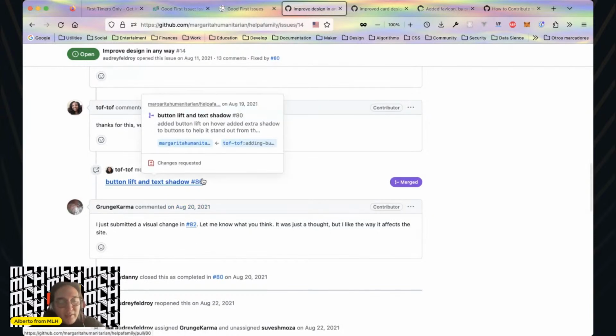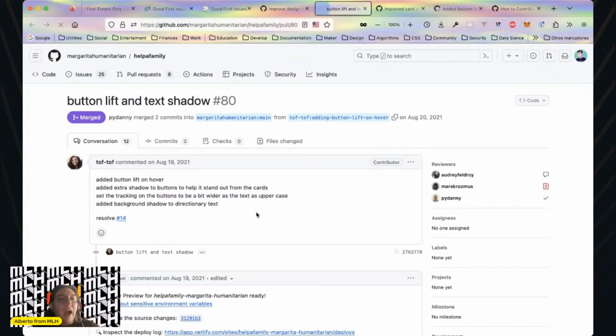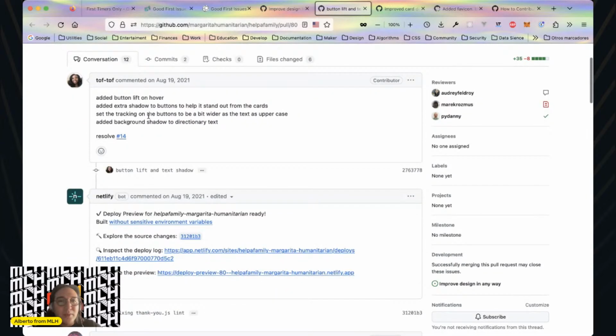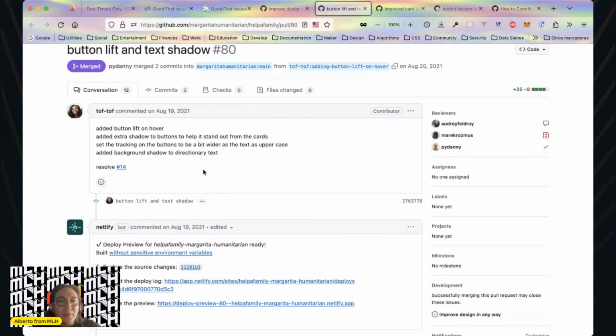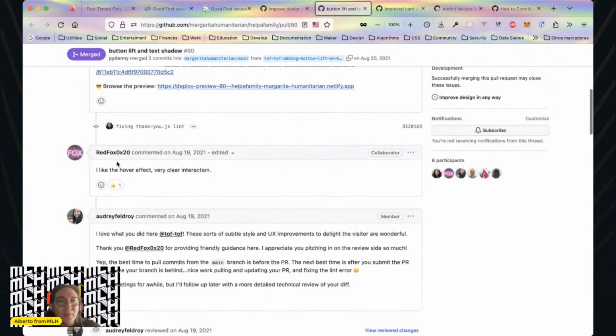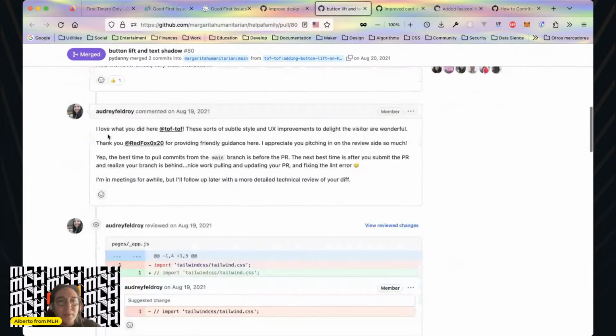If we go here, probably there will be another discussion of why this is and how this could add to the design, what she does, what this pull request contains. Communication, again, communication is key for everything, not only open source, and you are going to thank me. Again, Red Fox, probably another maintainer, very correct, fixed a shift interaction. So Audrey says that she loves this. Thanks, Red, for providing guidance, etc.